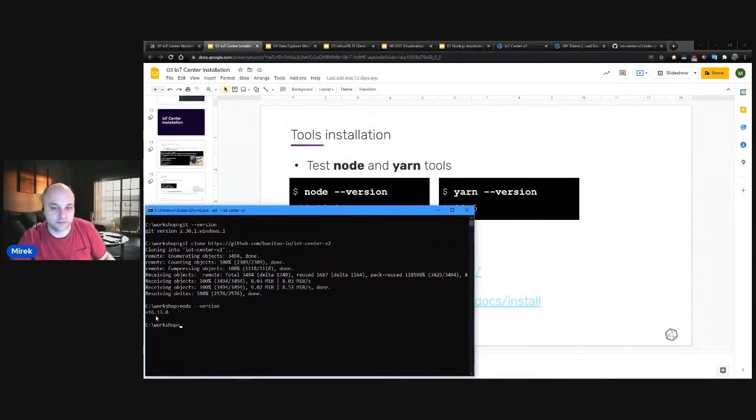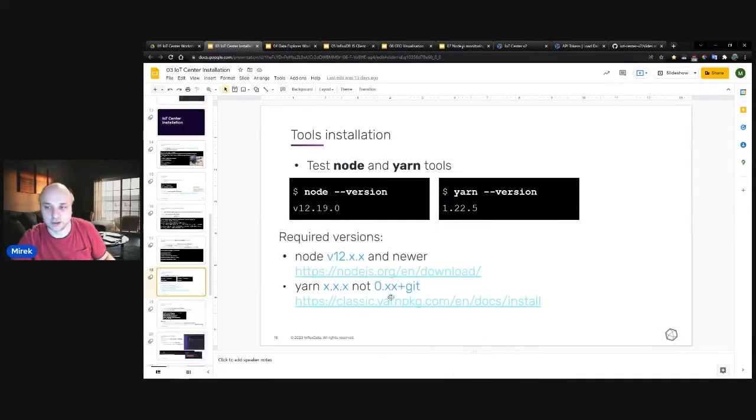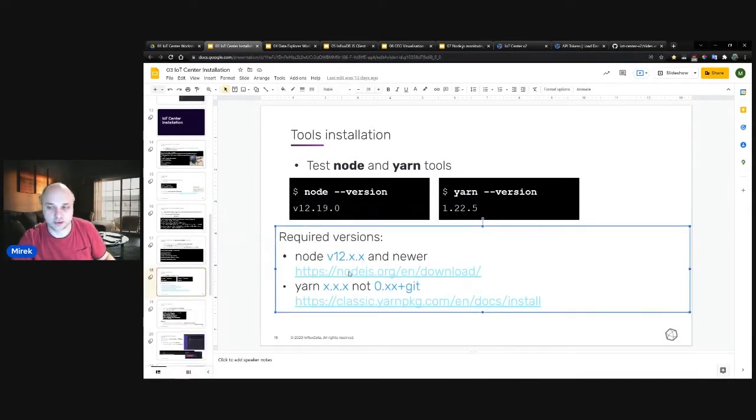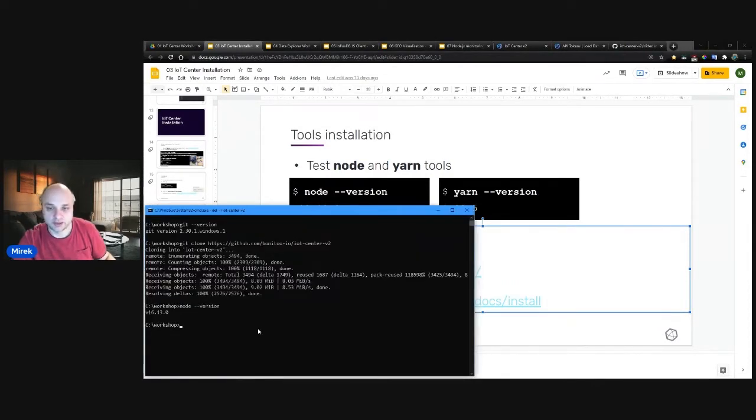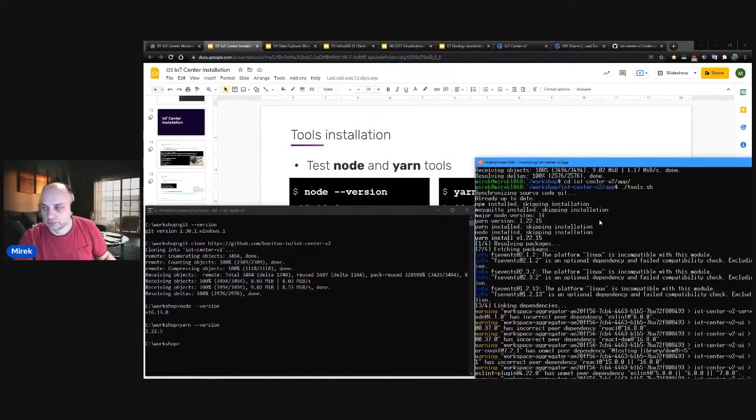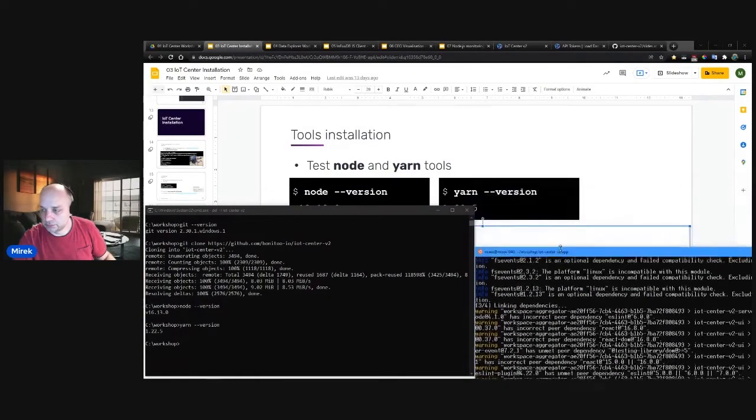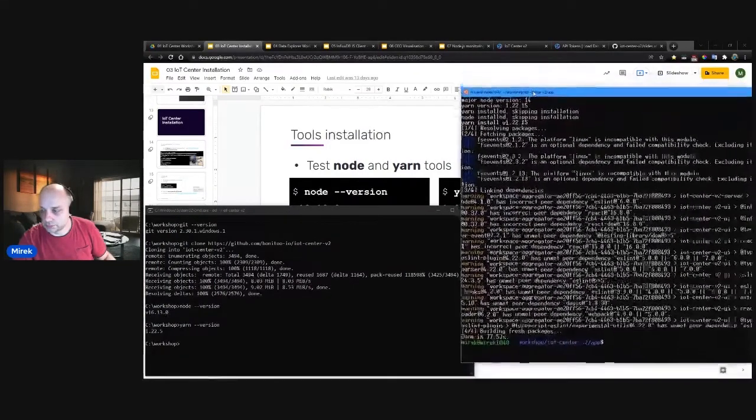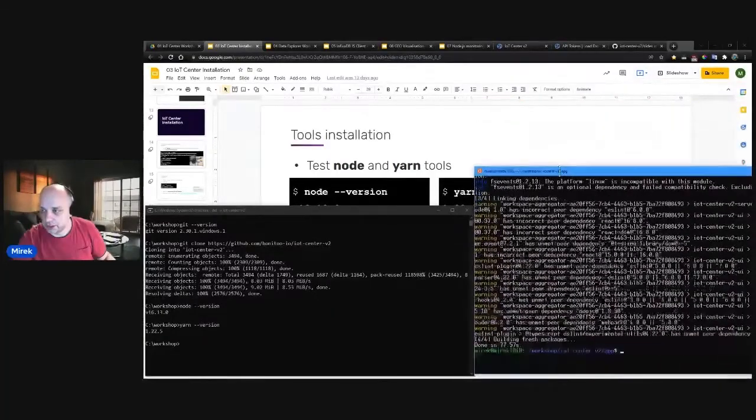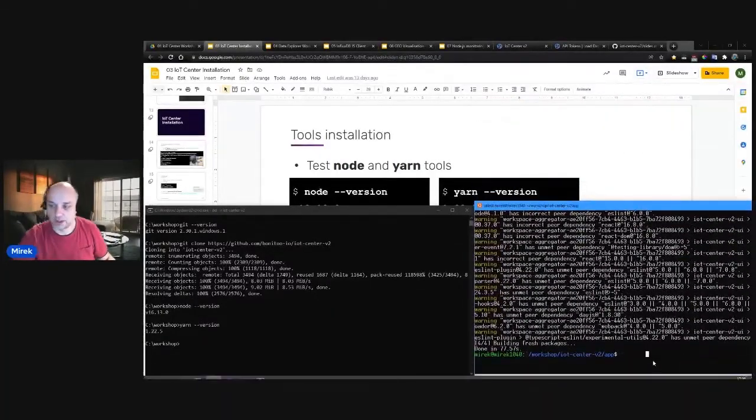If you don't have the version and you get command not found, please follow the instructions from the Node.js.org webpage, and the same for Yarn. So you should get some version as well. Okay. In case of Linux, I can do the same. Yeah, so I can also run